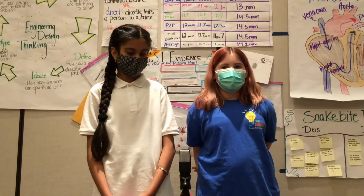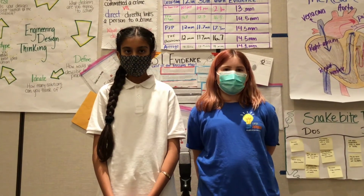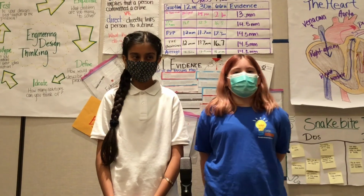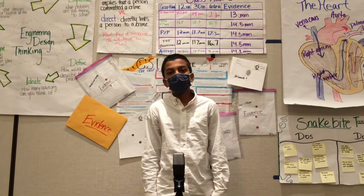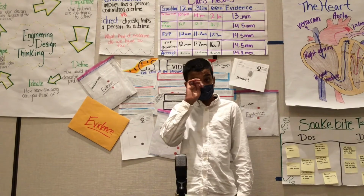Our team did fingerprints because there was a flipped over cup with fingerprints on it at the scene of the crime. We learned that the fingerprints belonged to Dr. Smart, showing he was at the scene of the crime. Based on all the evidence our STEM group collected, we believe that Shipwright Neff and Dr. Smart are guilty of stealing the ancient